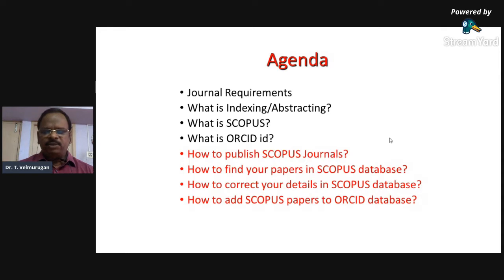Now, we have to discuss first. Suppose any researcher, any academician, any student, any research scholar, anyone wants to publish research articles, journals, research papers, materials, projects, or thesis. If you want to publish your research papers in journals, how can you find the journals? What basic information is required for finding the journal?